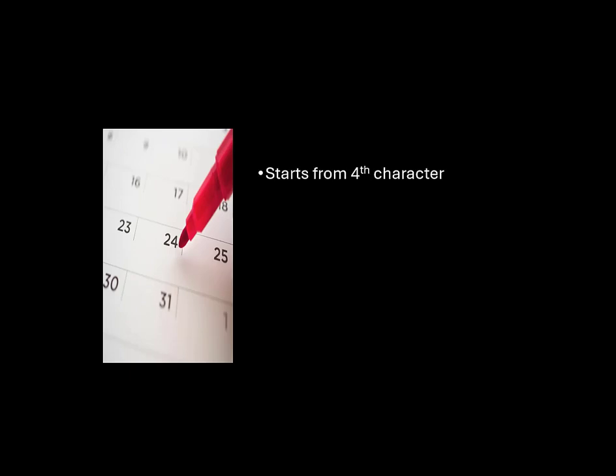Here's the quick and simplest summary of how dates appear in the RootsMagic database. Dates start not at the beginning of the field, but from the fourth character. From the fourth character, you get a date in the format of YYYY for year, MM for month, DD for day. You'll see zeros for missing parts. So if there's no year, you'll see 0000 in the year field. If there is a year, 1971, and no month, you'll see 197100, and no day, that'd be followed by another